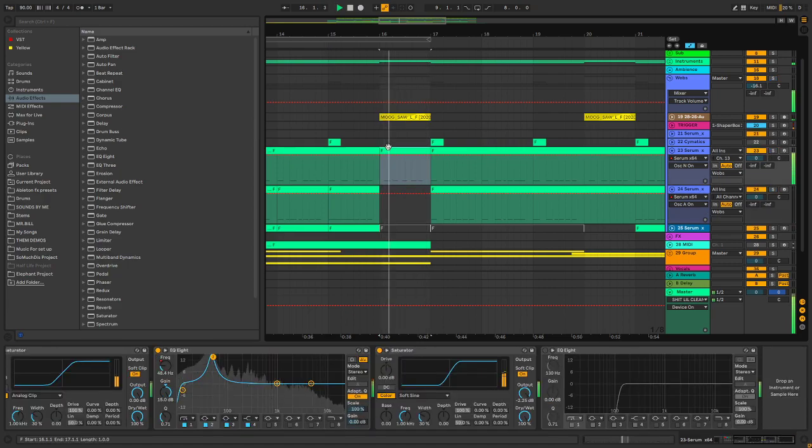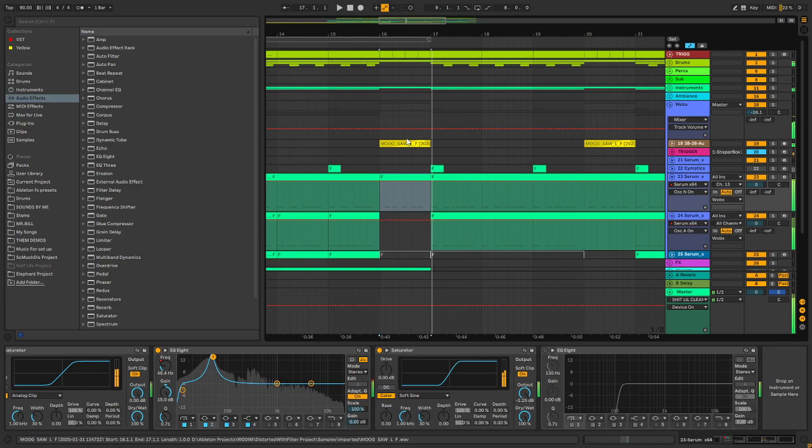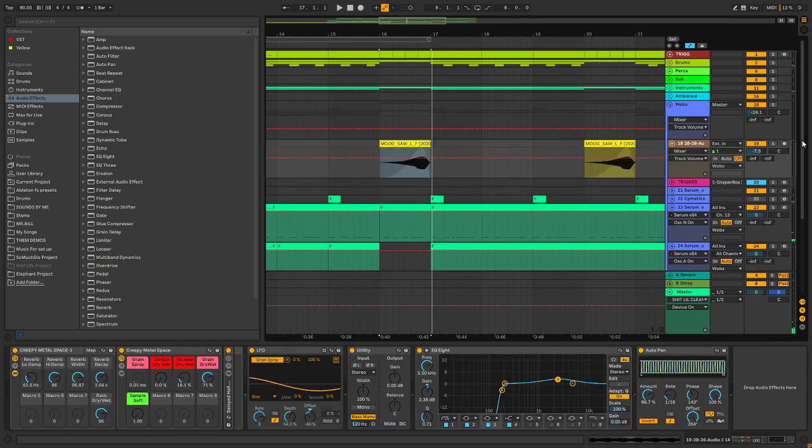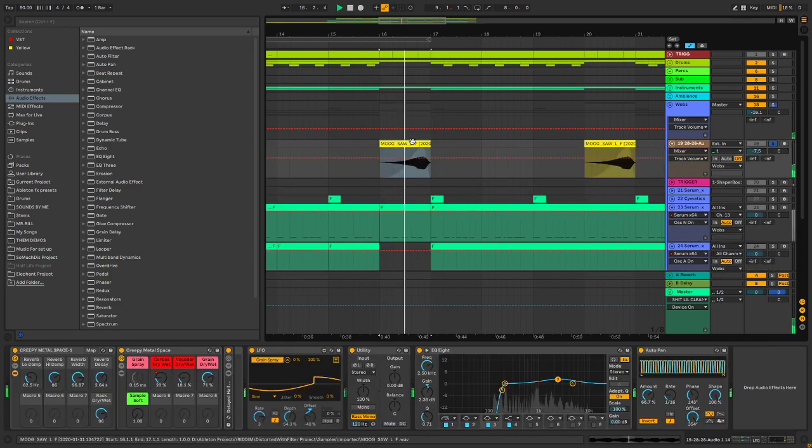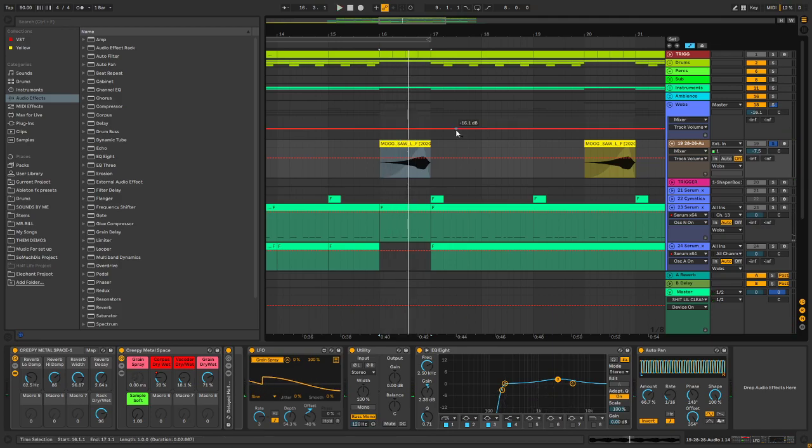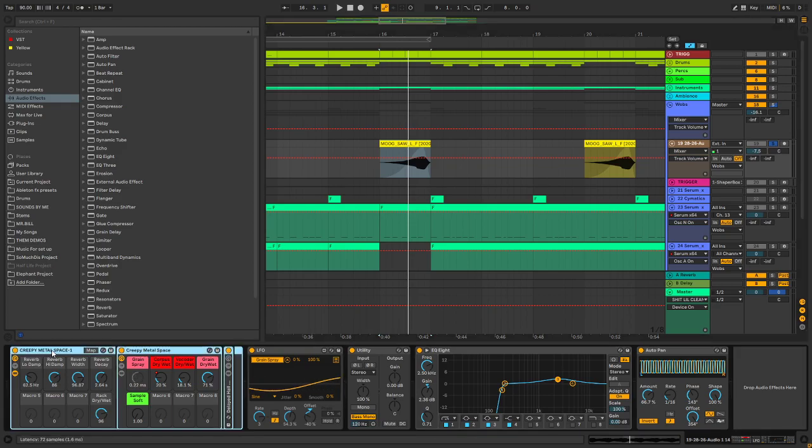Then I have a part where it just, yeah, then I have fillers made out of a Moog synth that was found in college that I resampled, and added my own effect rack that makes it, they call it creepy metal space. I use it a lot for ambiances and stuff like that. If I remove that,